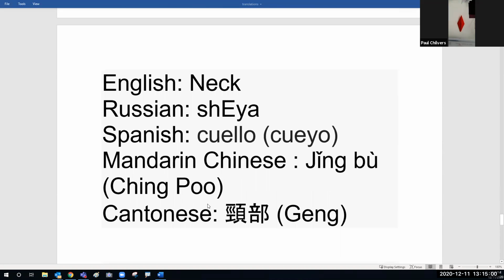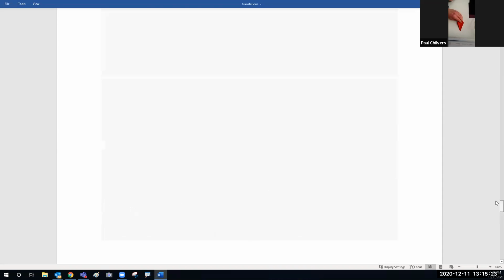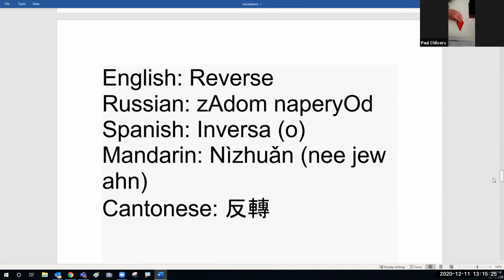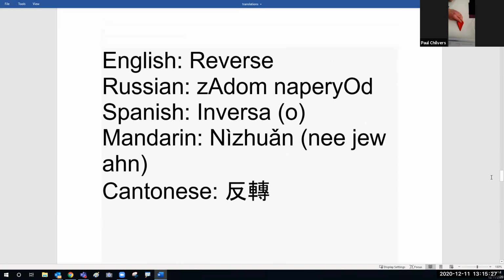And now we are going to make, I'll show the finished product for a second, the neck. Okay, so you can begin to see the finished product a little bit as the wings are starting to form, and we're going to make the neck right now. So this is another reverse fold. This is the same kind of fold I did before.